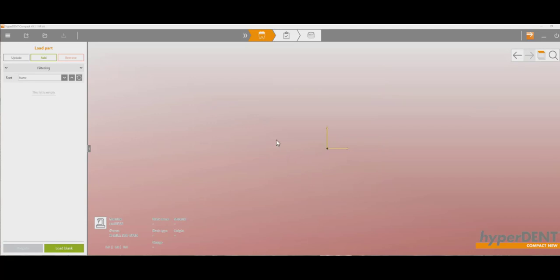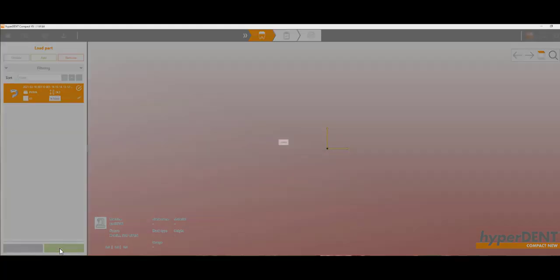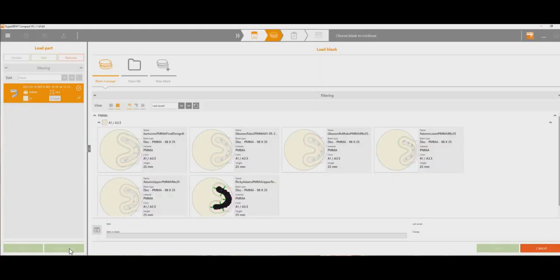Now, I like to open two windows of HyperDent at the same time, the way that we have it set up, and do both at once. But for this video, I'm just going to do one at a time. Okay, so we're going to go to suggest blank. I've had an error here where suggest blank wasn't an option if the construction information wasn't in place, or it was named incorrectly, like the construction information didn't have the same name as the arch. So we're going to go to a new blank,